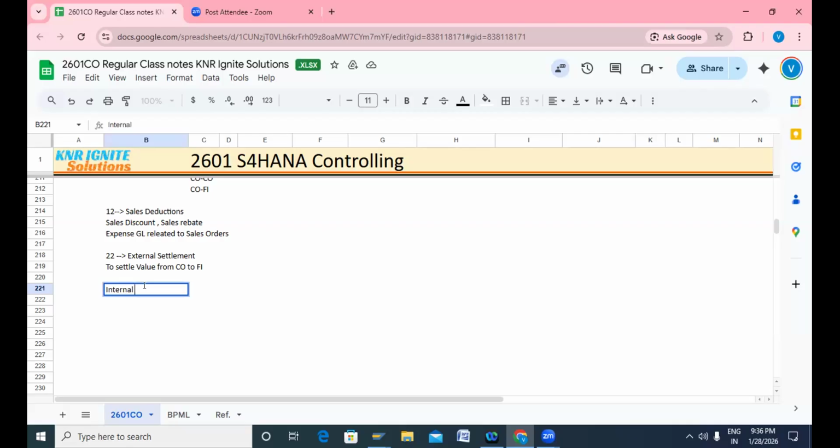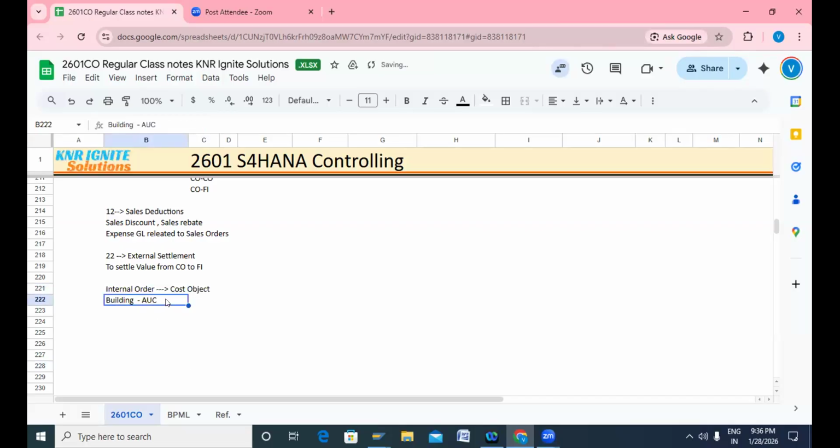Management will create an internal order as a cost object, which carries the cost. Just imagine your company is constructing a building which is under construction. What will the system do? We will maintain for this